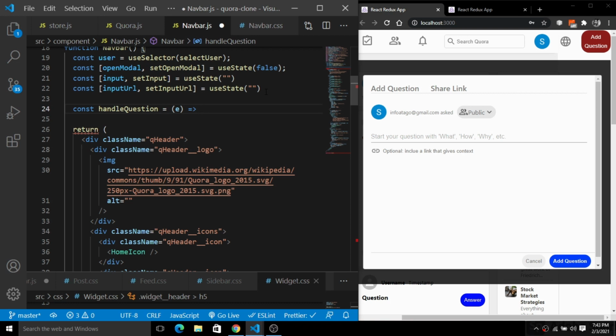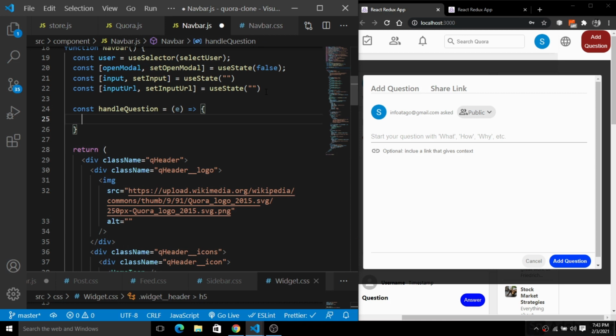Inside of this handleQuestion we will push that question to Firebase.